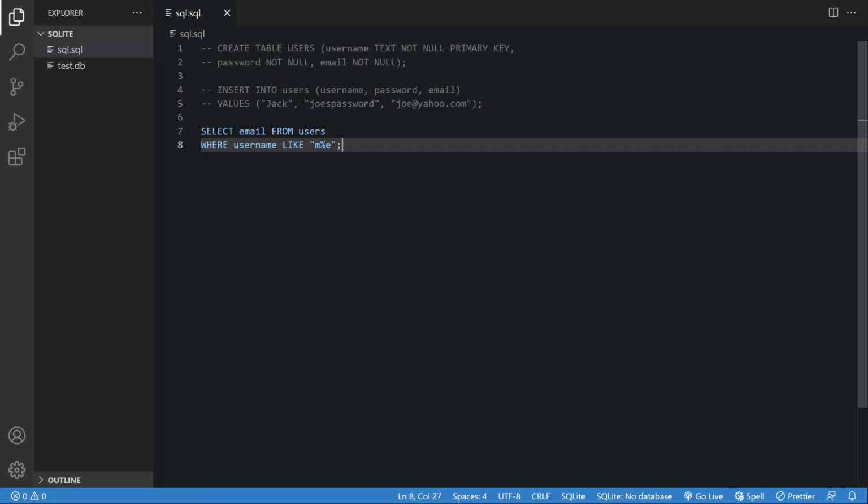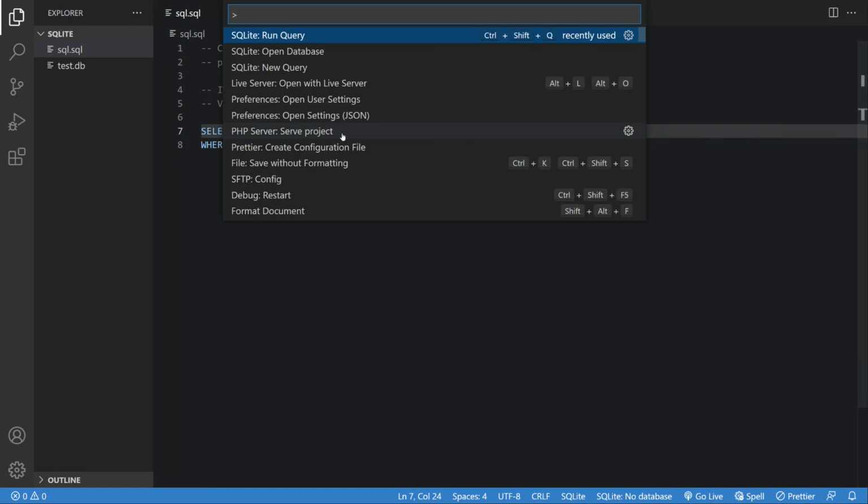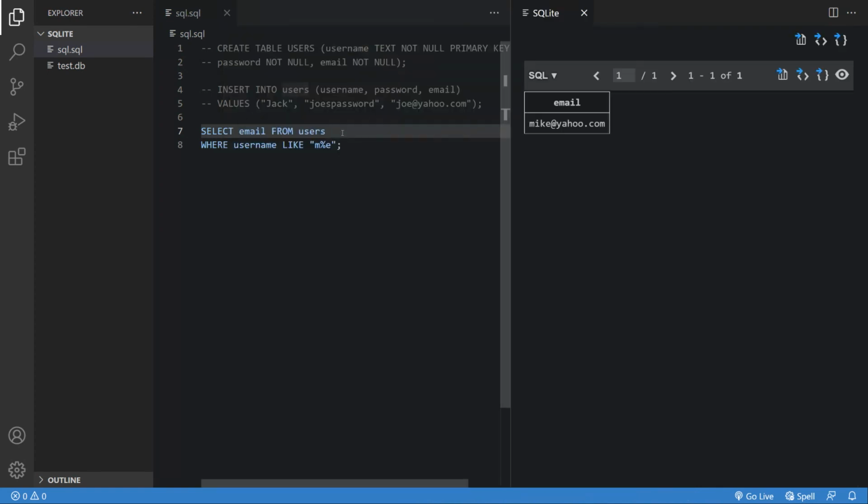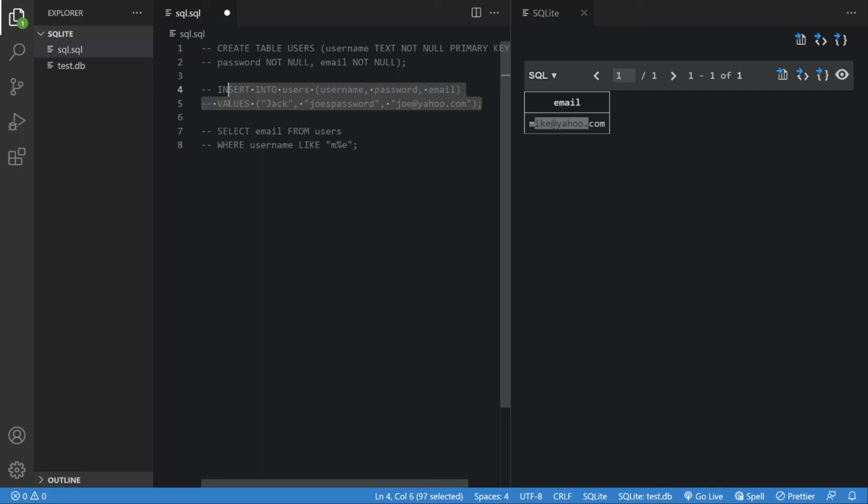The next topic I'd like to talk about is updating. Instead of just inserting, we can also update a table. So to start us off, let's just say select email from this user, right, from Mike. Now we know when we run this, what we're going to get is mike@yahoo.com. So let's comment this out. And let's make a new thing. Let's say update